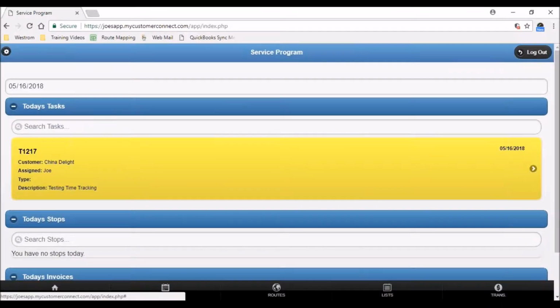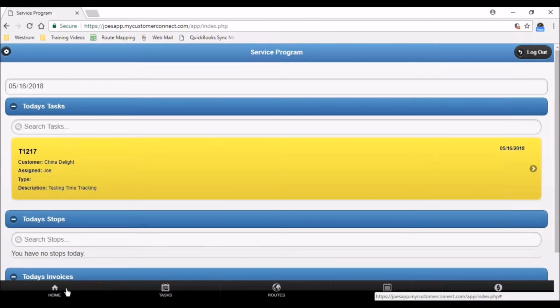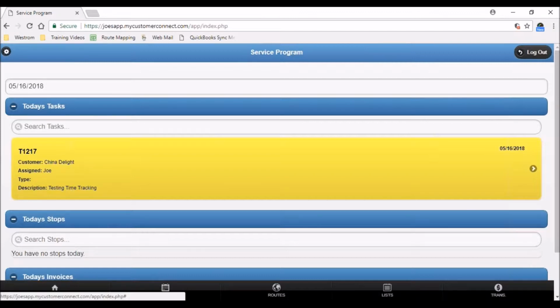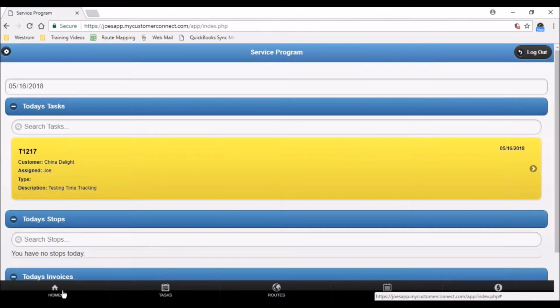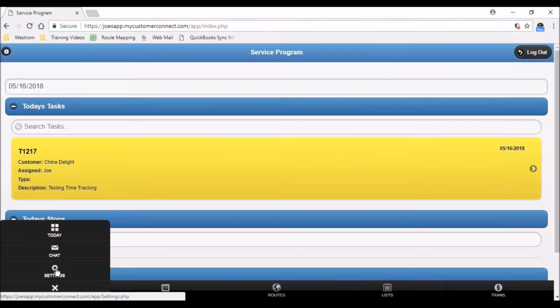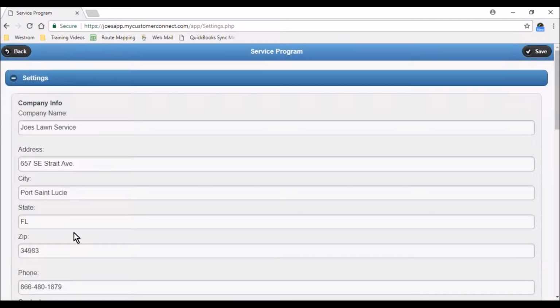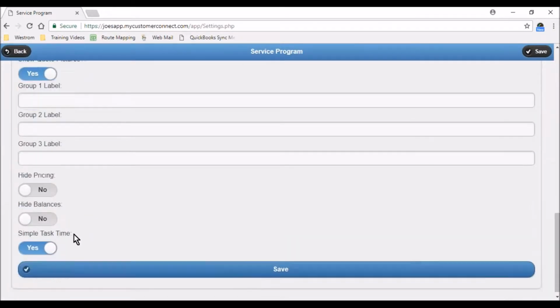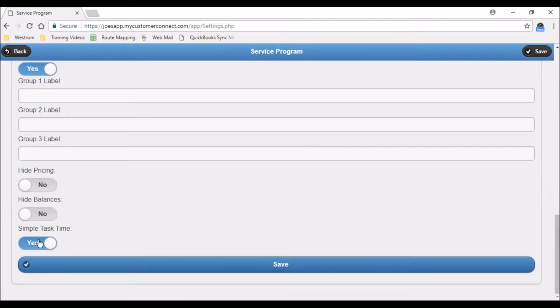What we have to do is sign into the mobile device side first. And once you're in on the mobile side, you have to sign in as an admin. So I'm in as an administrator right now. You'll land on this page here. It's called Today's Info. You can click on Home and then Settings. First, you want to scroll all the way to the bottom here and turn this option on that says Simple